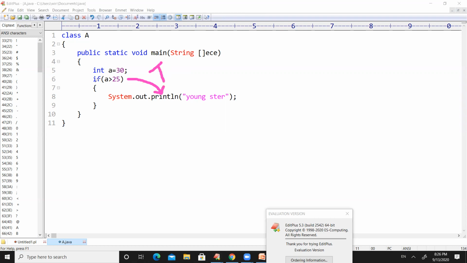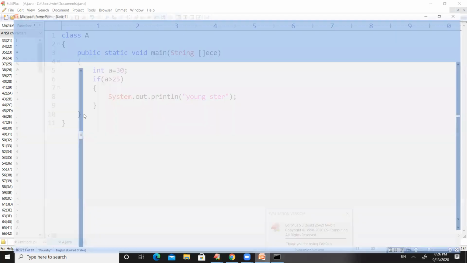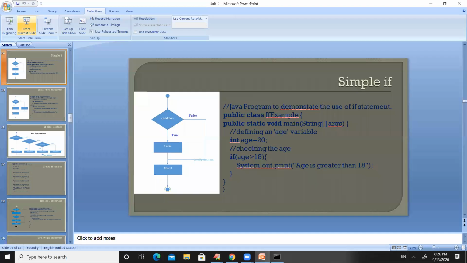When the given condition is false, it will just move to the next lines of code, and this program does not contain any next lines of code. That's why we are unable to get any output in case of a false condition, right? So I think now everything is clear for you regarding the simple if condition. So let us move to the PPT and look at the next thing here.